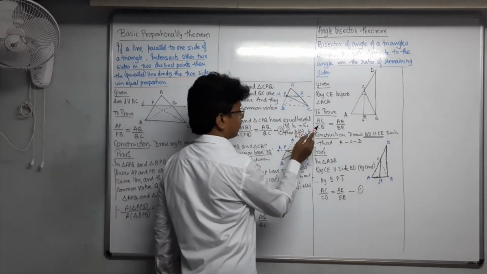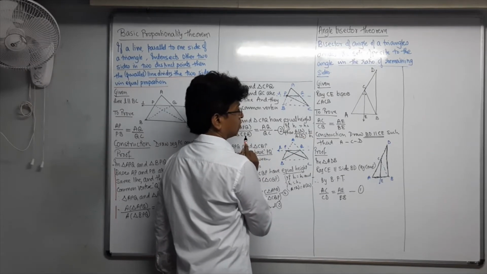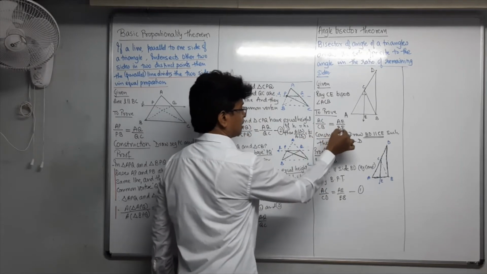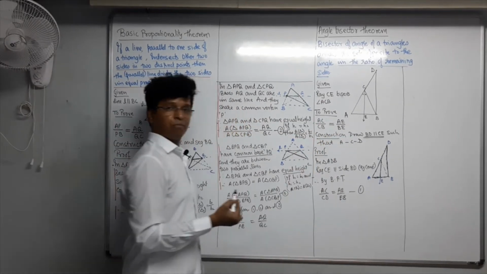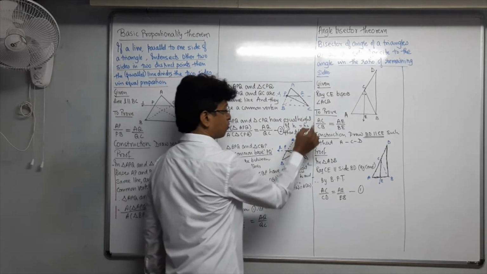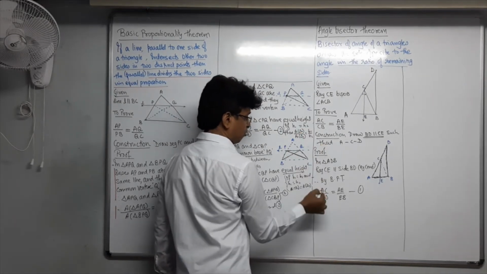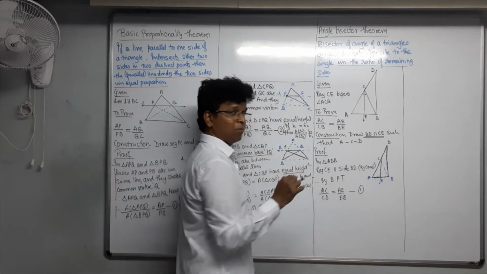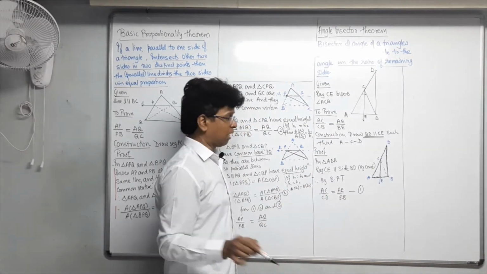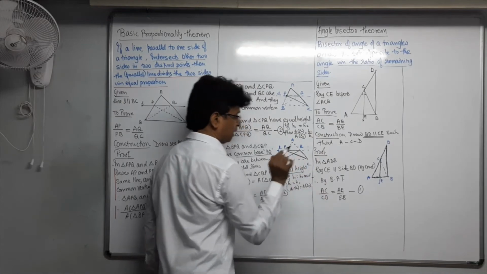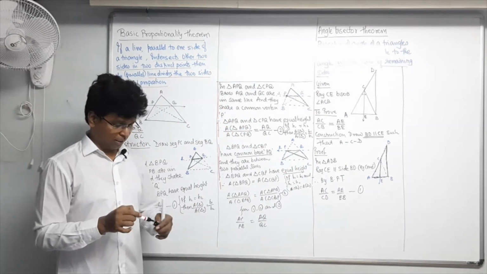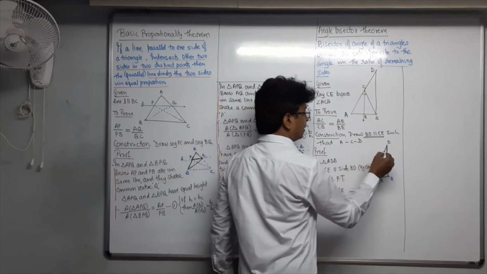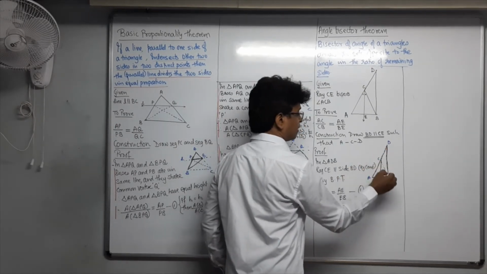So where are you now? We want AC upon CB, but you have got CD. AE upon EB, this has come. B has come, AC also has come. All has come, except CB and CD is a mismatch. That means now you have to prove that CB is equal to CD. That's all. This side CD is equal to this side CB.